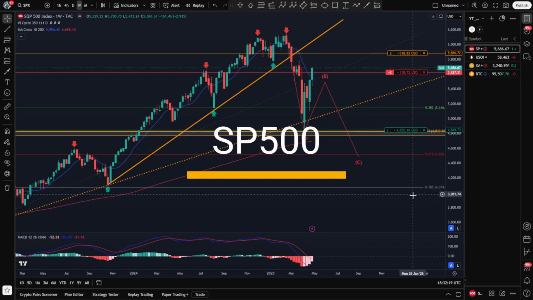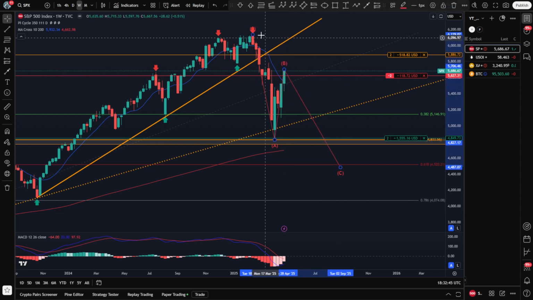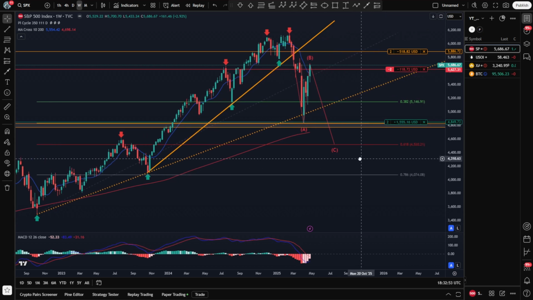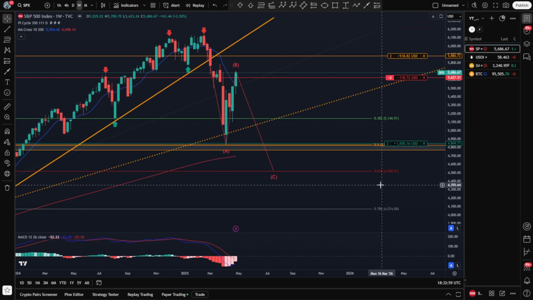Yeah, the weekly on the S&P 500 index, here we can see the weekly uptrend got broken massively to the downside, but then got rejected near the 200 moving average to the upside. I think this is a bear trend rally, so after a massive turn to the downside, what follows is an overreaction to the upside before then turning again back lower. So I'm expecting an A, B, C correction before then the market finally finds a bottom and starts a new uptrend movement, so change from a downtrend to an uptrend again to the upper side.